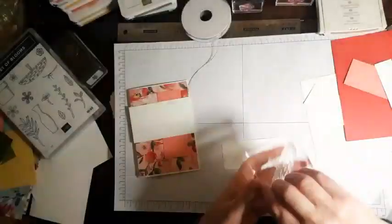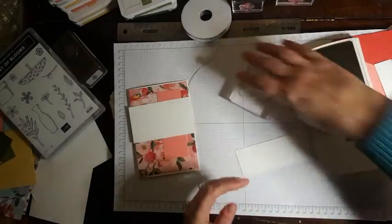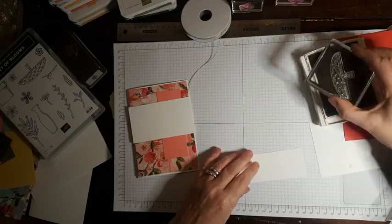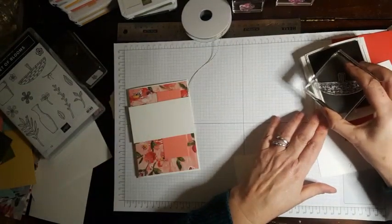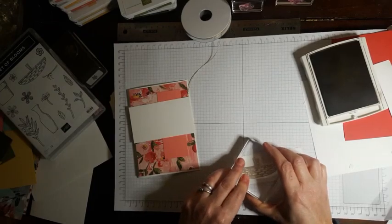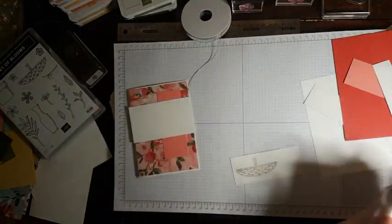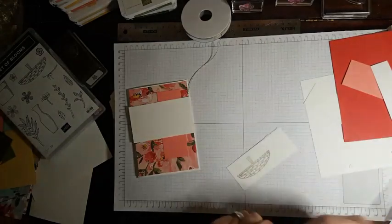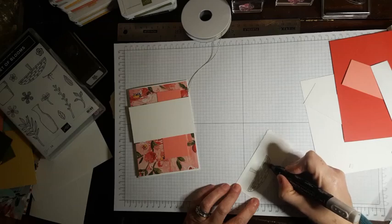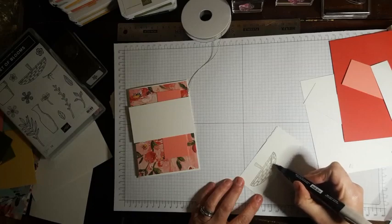So anyway, let's see if that'll work. Oh, we can use that scrap up there. So I'm going to use crumb cake, because that to me was just kind of basket coloured. And then I'm going to fussy cut that. But before I fussy cut that, I'm going to add a bit of colour in a light crumb cake, sort of around some of these areas. So really where Stampin' Up have kindly put the lines in